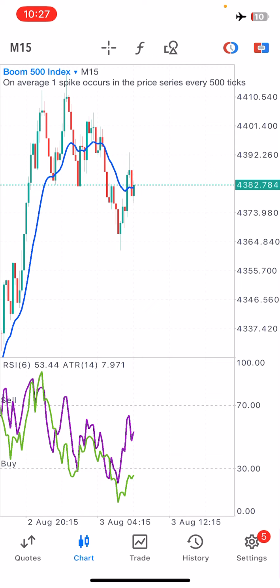And now what's left is basically understanding how the strategy works and how you can implement it on your day-to-day